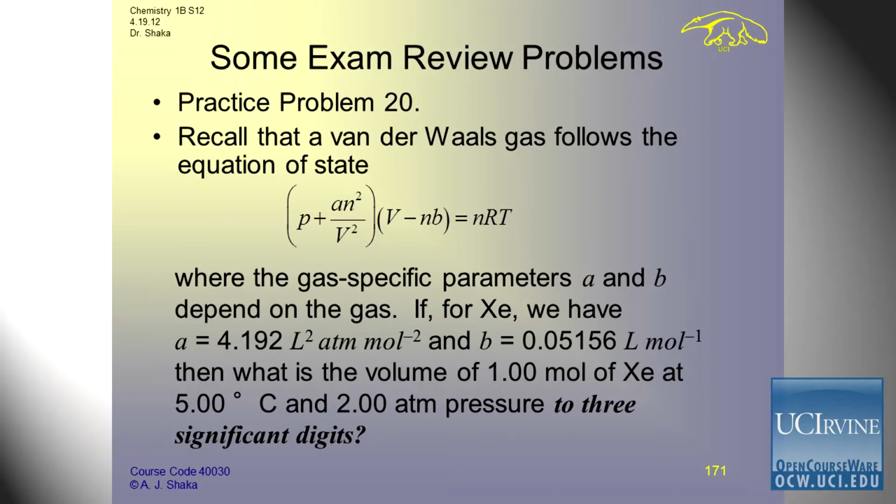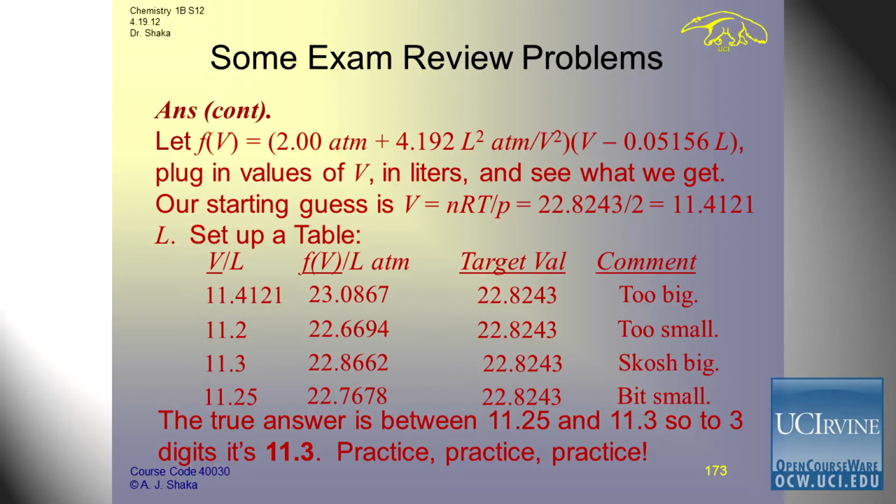So let's go back up to that slide. So our function, pressure plus the 4.192 liter squared ATM over V squared, so that's AN squared divided by V squared times V minus the NV. So he just figured out these numbers and put them in, and this is our function for V. So if we plug in values of V in liters and see what we get, our starting guess is, using the ideal gas equation, just V equals nRT over P. We should all know that, definitely. And that guesstimate is